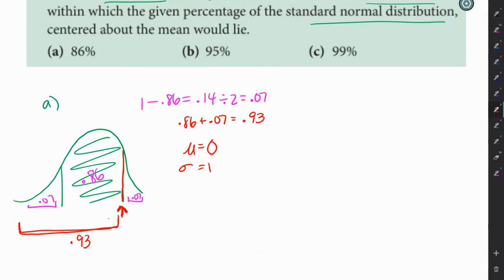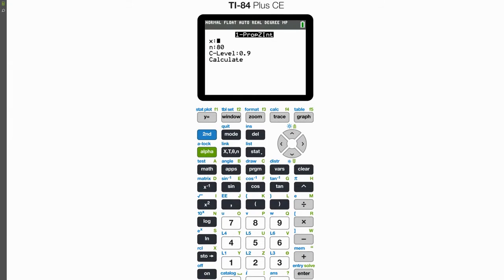Now in the graphing calculator, I'm going to go to second vars. I'm going to choose option 3 for inverse norm. My area is 0.93, and I already have these set up from before. My mu is 0. This is why it wasn't working on my other calculator, but it was working here. So then this is the left side. If I hit enter, arrow, then enter, it will tell me